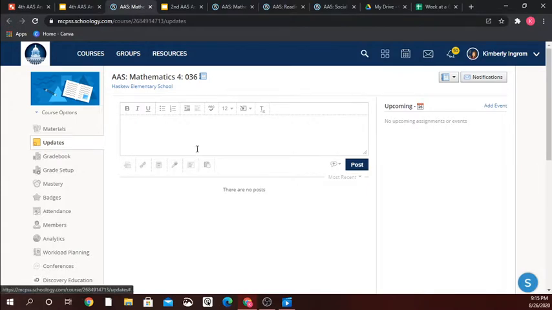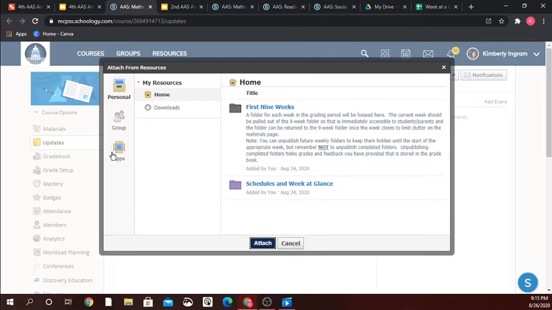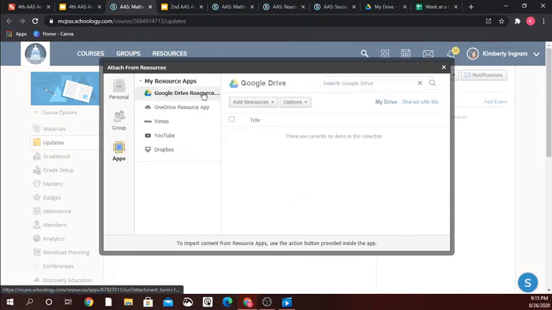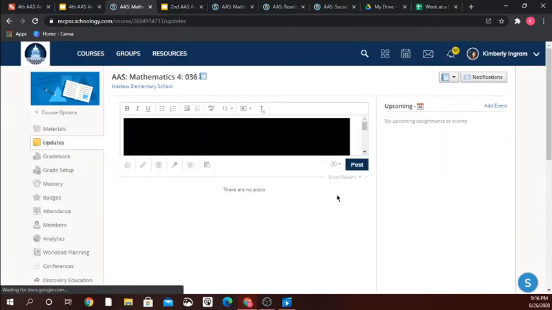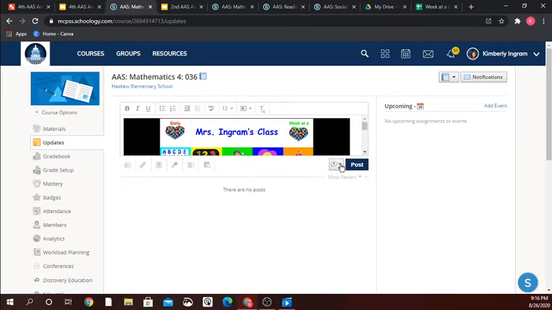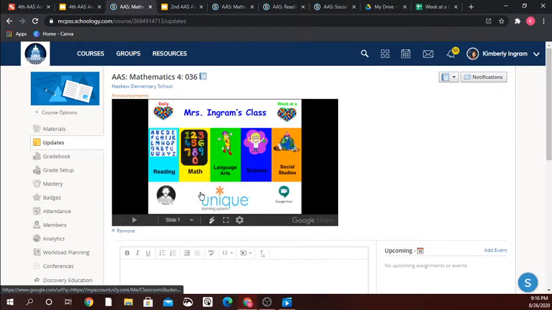So in order to put something in as an announcement, you need to go to your resources, apps, your Google Drive, and you need to click on what it is you want to import. And you want to import embed. If you want it as an announcement, you always want to click the bell before you post. So here I have my setup with my buttons, and I have it as an announcement, but I did it through Google Slides, and